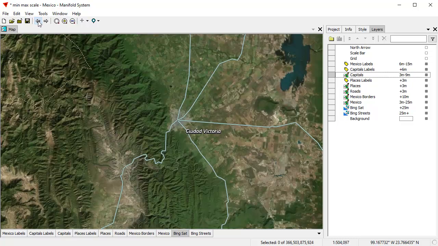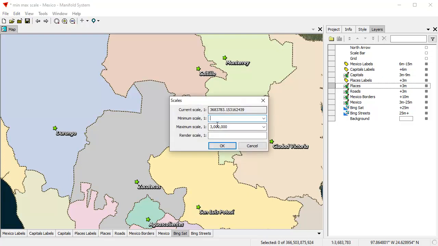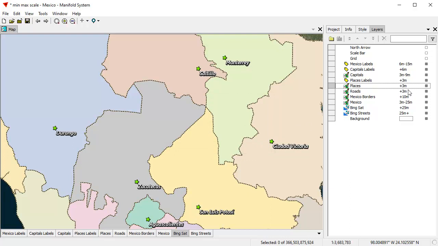You can play all day long with all this stuff, but what's convenient about the new system is that when you double click on any one of these settings to change it, you can set the minimum scale and the maximum scale at the same time. And it's synchronized so that the layers always turn off exactly at the maximum layer, and they turn on exactly when you get just slightly past that. So when you have a situation like here where the Bing satellite layer turns off at the same